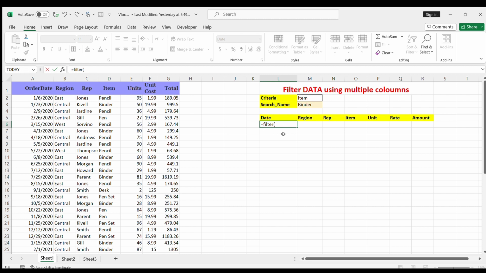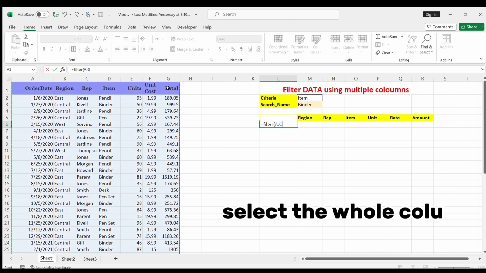Filter array. So what's the array? From where you want to select the data. I'm just going to select the data from this whole table. You can select the whole table, or if there is a lot of data, you can just select the whole columns, like this one. Now press